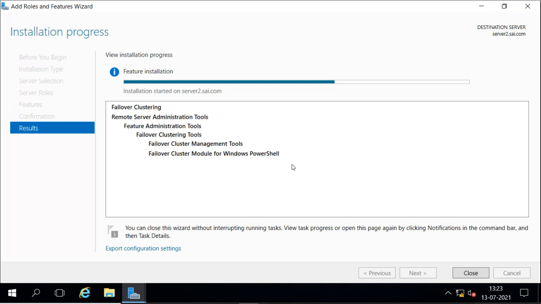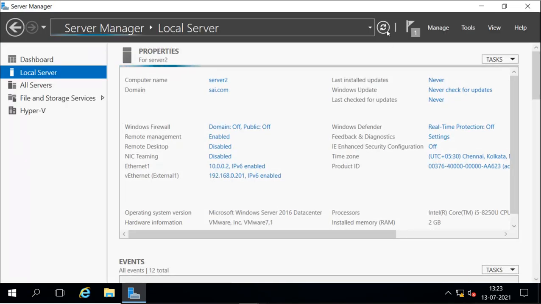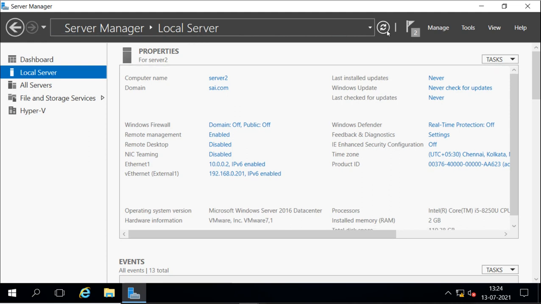Right now we will manage it from here, server 2, or even we can manage it from server 3 also. First we have to install it. Okay, now it is installed, so I can close now. Now for managing and creating the clusters, we have a management tool installed in server 2 and 3, so we can manage it either from here on server 2 or server 3.